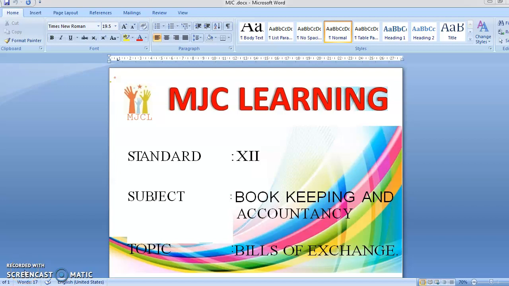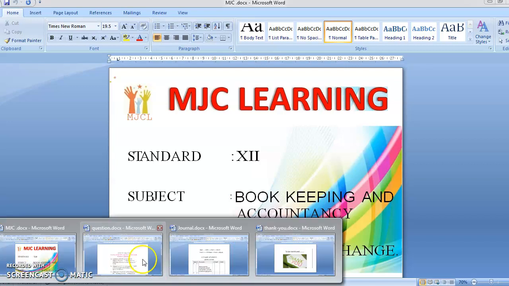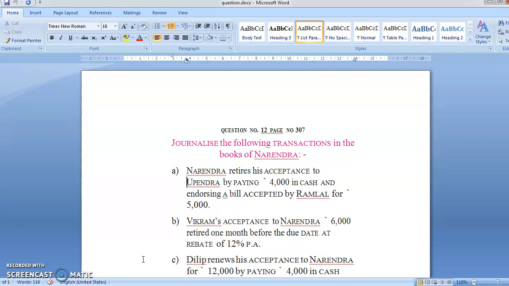Today I'm going to teach you the subject Bookkeeping and Accountancy, and the topic name is Bill of Exchange. Students, in the last video I explained the second method of Bill of Exchange. In the first method, there was only one drawer and one drawee. In the second method there is a single drawer and multiple drawees, or even a drawer can later on become